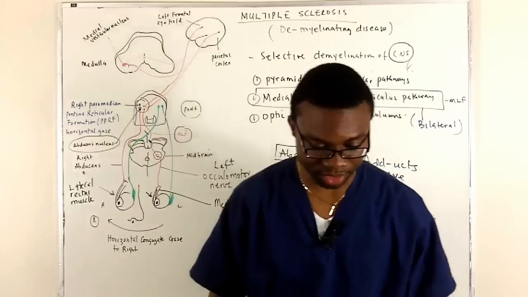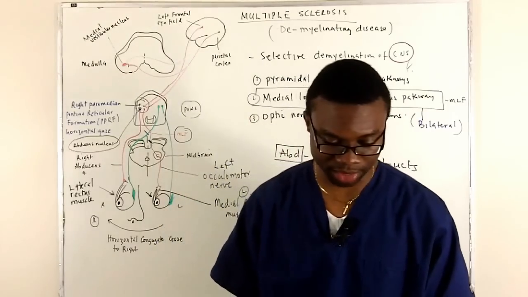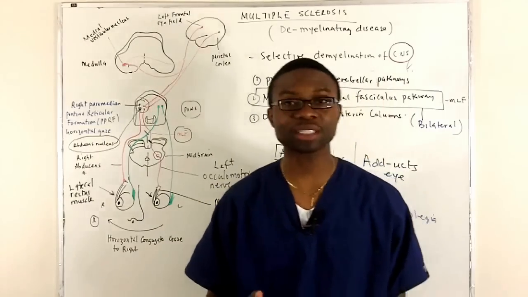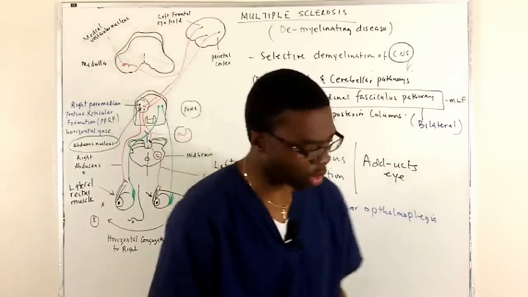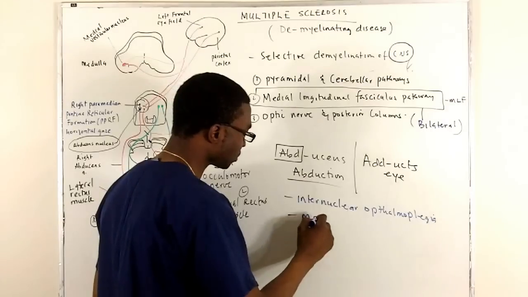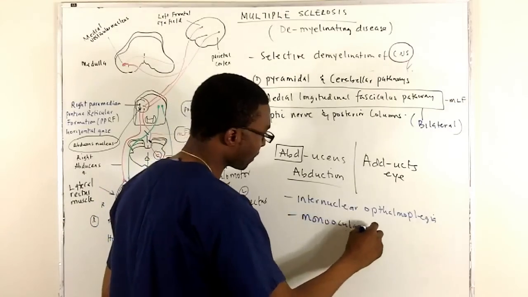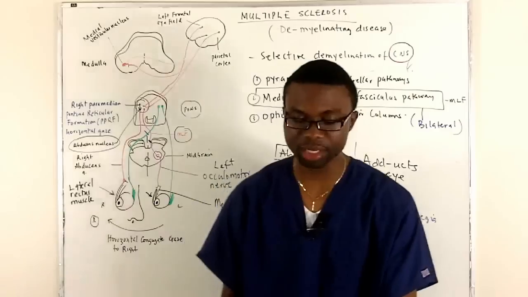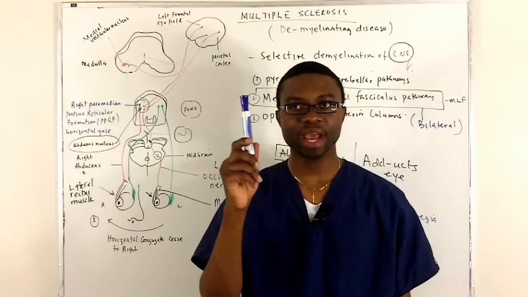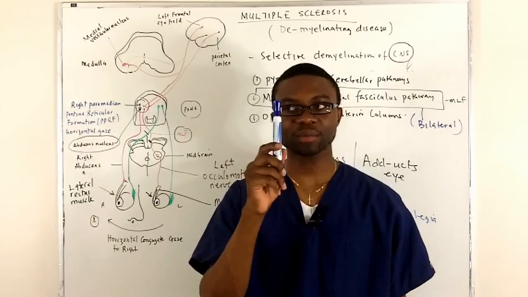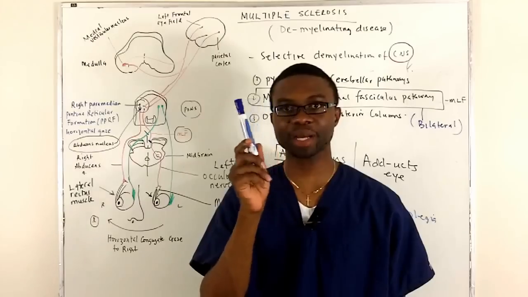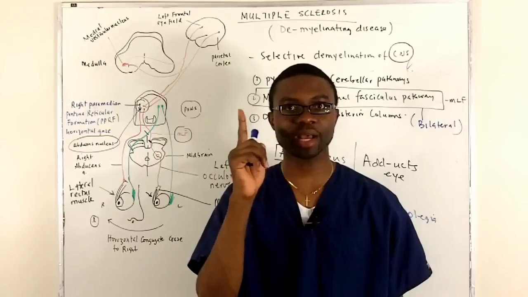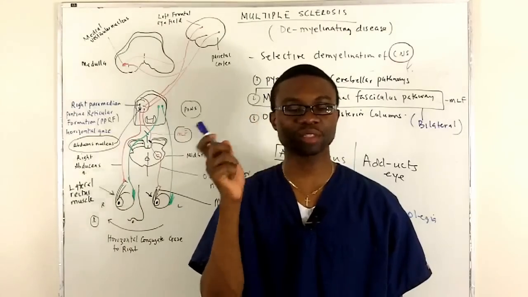Also, these patients, aside from being unable to adduct normally, might have some monocular nystagmus when they're abducting the eye. What does that mean? Monocular nystagmus. Nystagmus is when you tell the patient, I want you to follow my pen and go to the right. When I tell somebody to look to the right, their eyeball shouldn't be coming back like this. No, it shouldn't be doing that. If you see their eyeball going this way and coming back and trying to move back to the center,